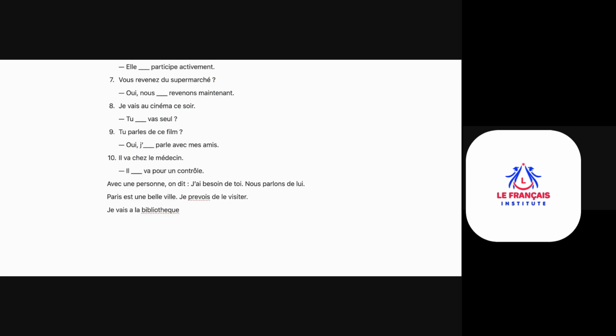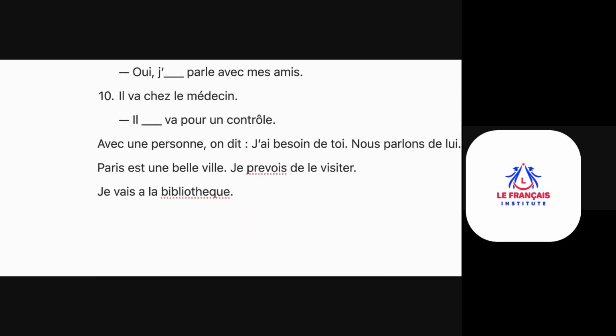Je vais à la bibliothèque demain. Okay, no need for demain. Je vais à la bibliothèque. What does this mean? I am going to the bibliothèque. Bibliothèque would be? Is it like a library? Library. So my next proposition, my next sentence is